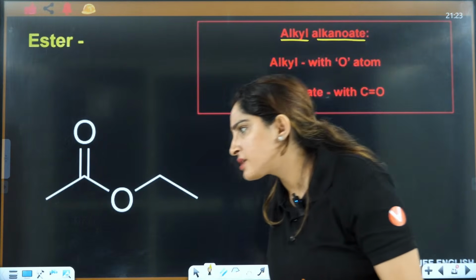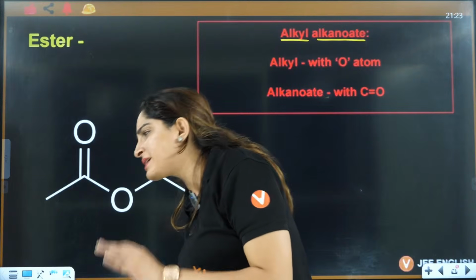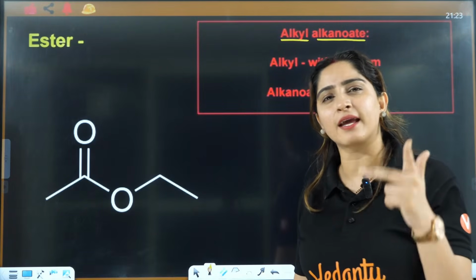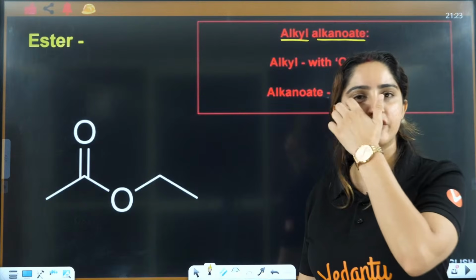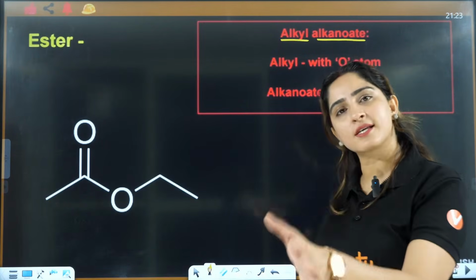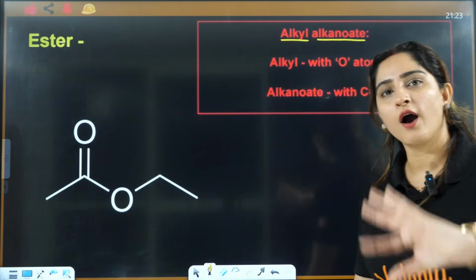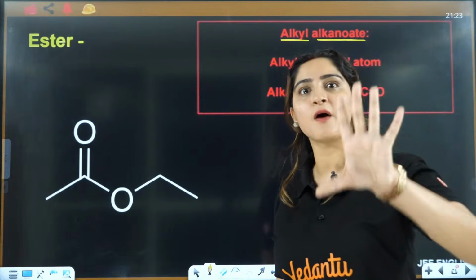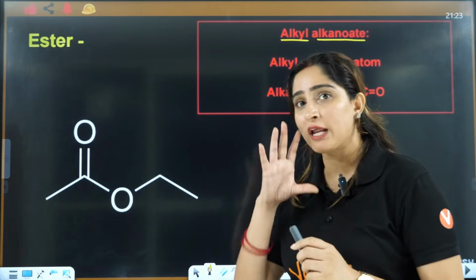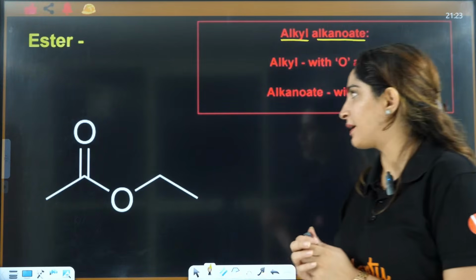Ma'am, NH2 is secondary amine. Better we will discuss about primary, secondary amines in the amines chapter, okay? Right, we will discuss about that. When the time is right, we will discuss everything, right? Right now, 1 degree, 2 degree alcohol, primary, secondary, we will discuss about that. In fact, in the next lecture, I am going to tell you about primary, tertiary, all these things. Just relax for some time, right?